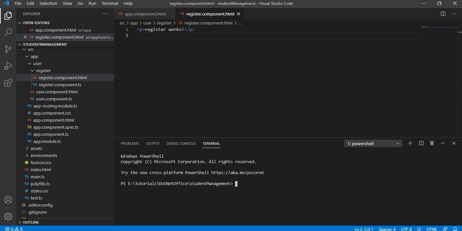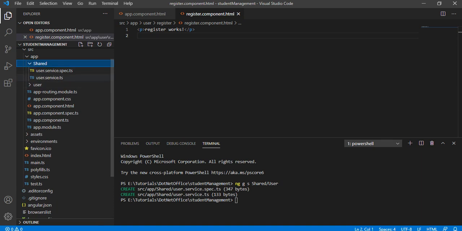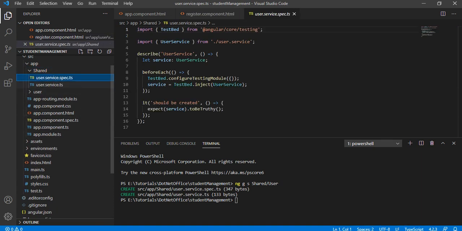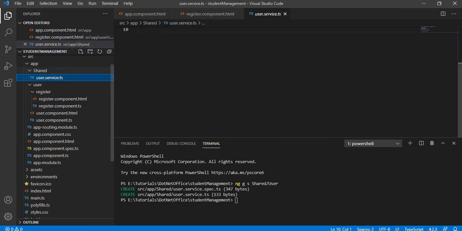For creating a service, ng g s, and I'm going to create that service inside the shared folder, and the service name I'm giving is user. So let's hit enter. Once I hit enter, it will create a shared folder, and inside that it will create the user service. We can see here it created a shared folder, and inside that it created a service. So let's remove this testing file,